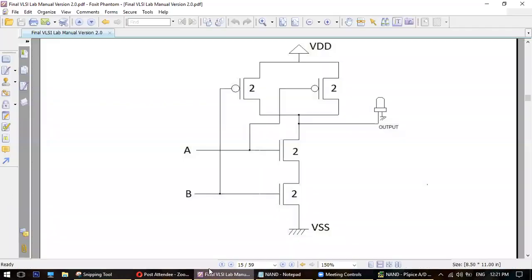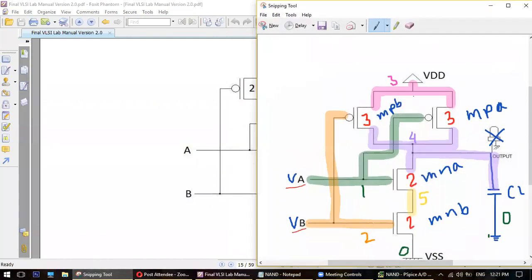Same process, sir. At first, you have to draw the circuit. Then you have to name the circuit. Then you have to size the circuit. Then you have to note the circuit. Then make the coding. Then make the simulation. Can you do it? Yes, sir.